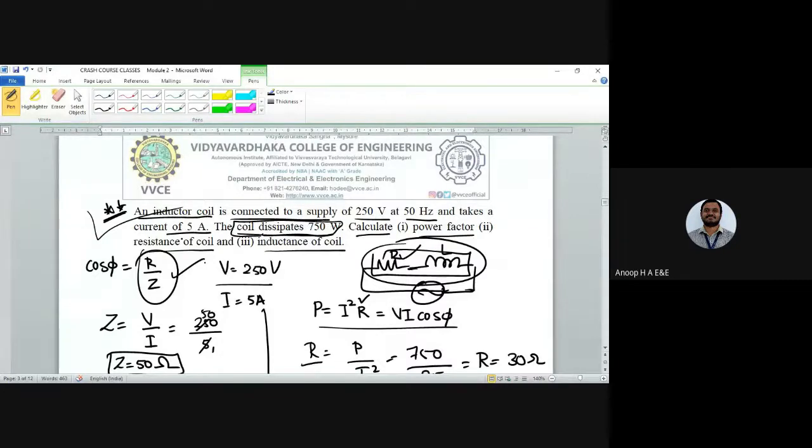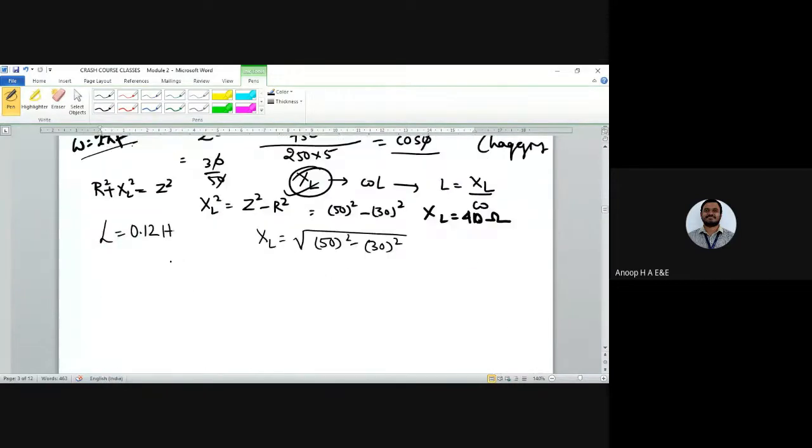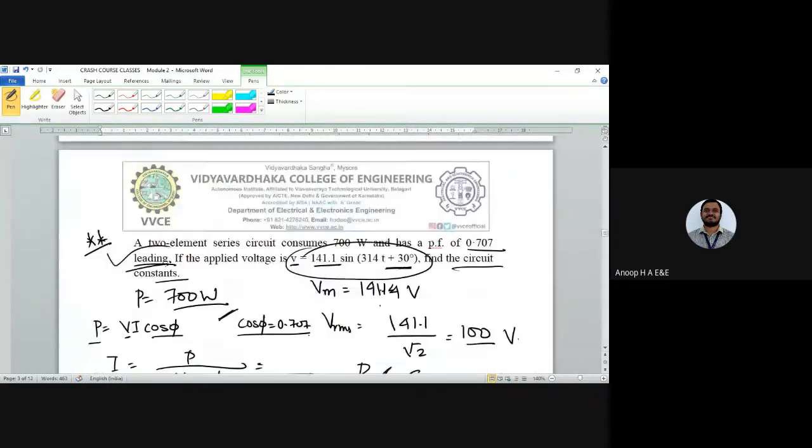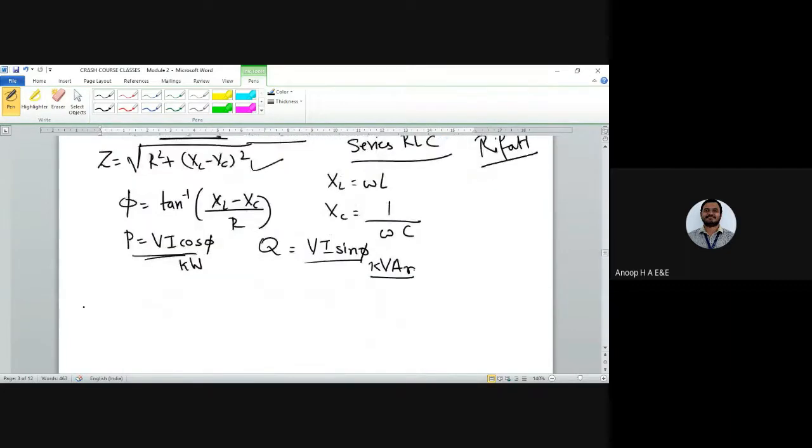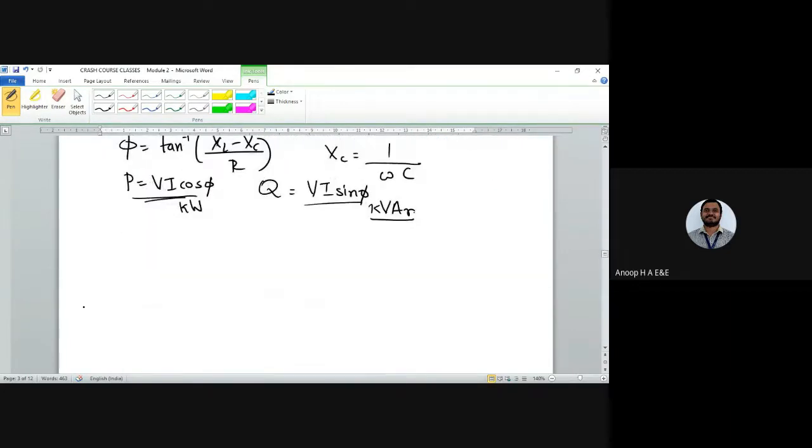So you have to identify what the circuit elements are, that is, calculate or find out the circuit elements. And this is a very important point: you have to identify based on the power factor, as Ramesh told. Then it would be easy to solve such problems. Solve a few more problems, which you might find quite easier, and let me know if you are facing any difficulties.